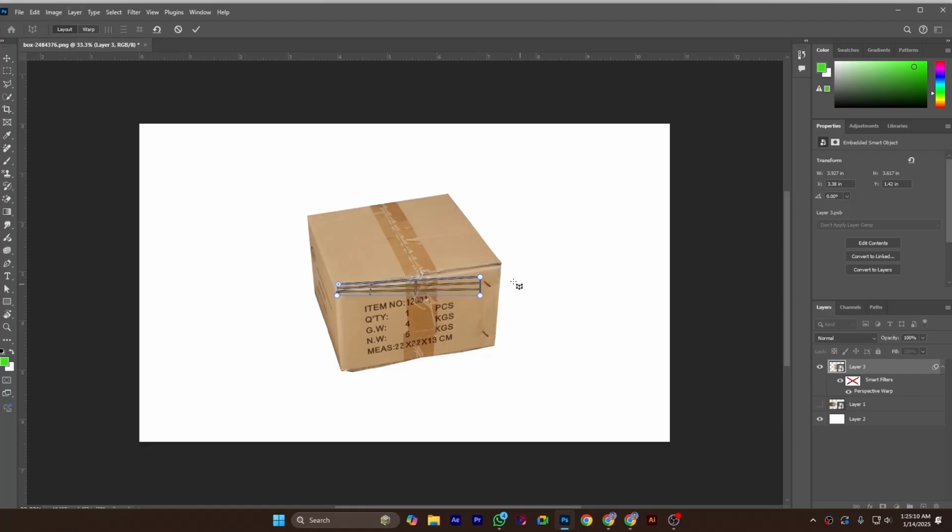I move this. I am holding down this pin and grabbing this point to the corner of the box so that I can change the perspective of the box. After drawing this, I will draw another for this side. After drawing this, I am making this here, and you can see when I release the mouse very close